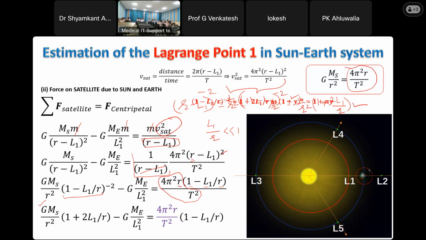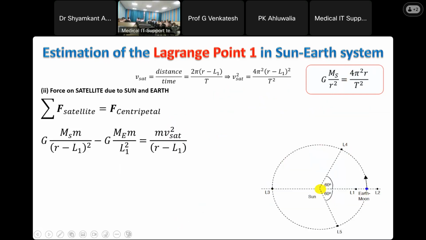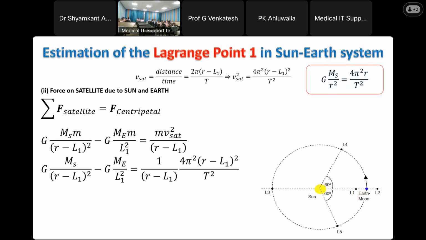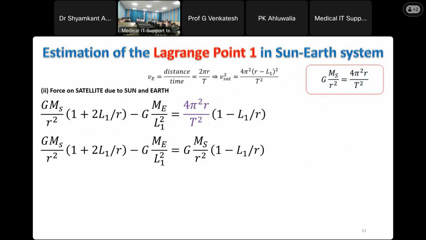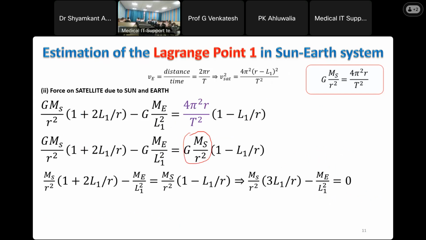I want to replace this by G into mass of Sun divided by r square. So here we want to replace this by G Ms upon r square. On the next slide we are going to do that. So here we have substituted this value. Now we have this equation again for our consideration,